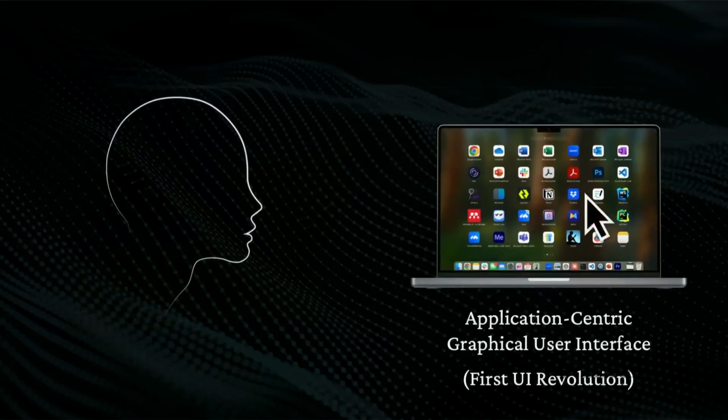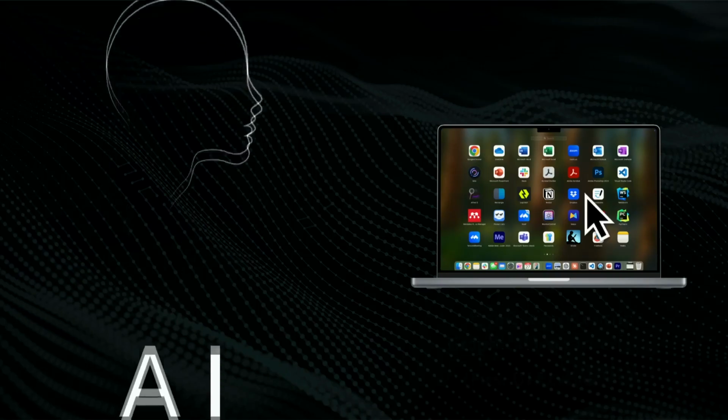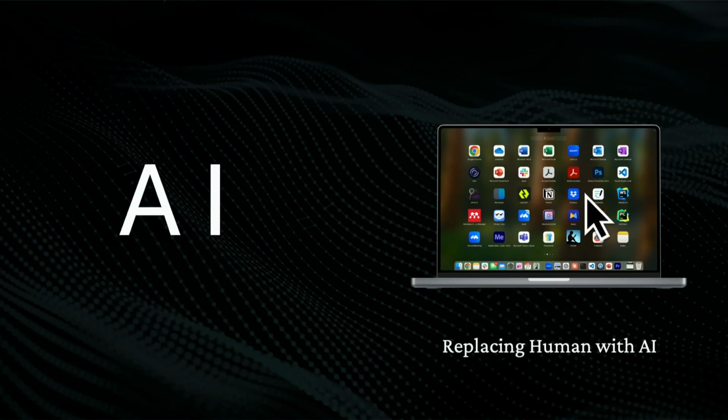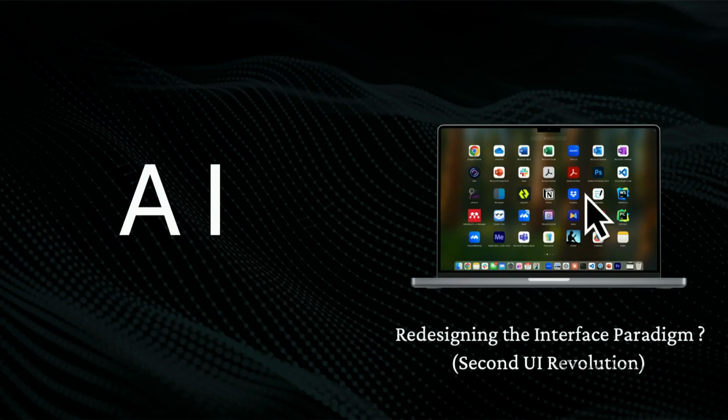So what are we doing now with AI? Well, those computer use demonstrations are basically trying to replace humans with AI. Right now, AI is the power source that drives these machines. So we're substituting humans with AI. Now, if we take a page from history, we probably should think about how we should redesign this information environment,